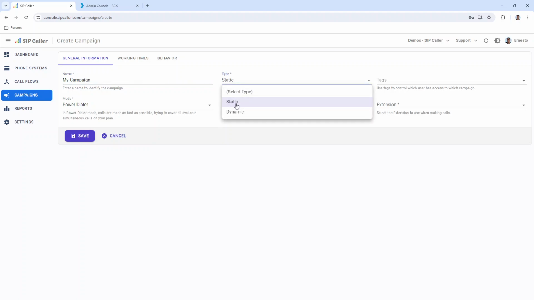We can specify if the type will be static or dynamic. The difference here is that a static campaign can only change the numbers to call, adding or removing numbers, while the campaign is in draft mode. On the other side, if we select dynamic, then we will be able to add or remove numbers to call once the campaign has started. If we will be using the REST API, for example, to add numbers to call to a campaign, then dynamic